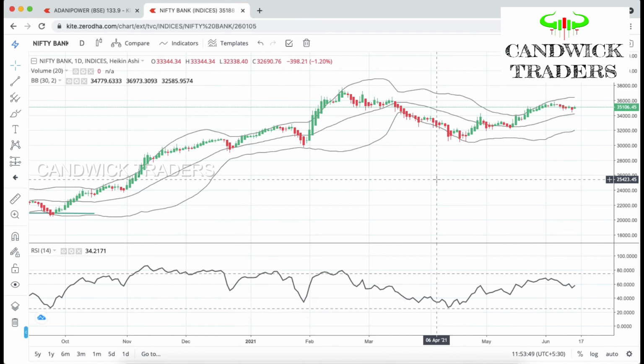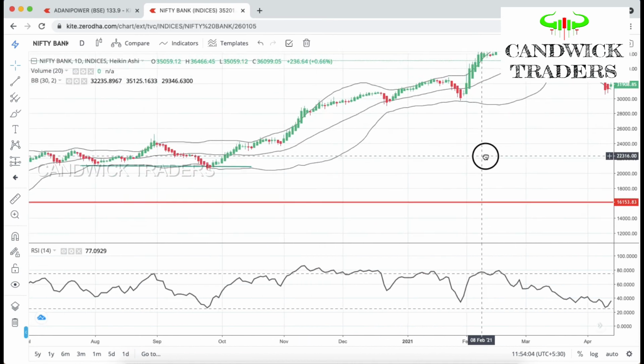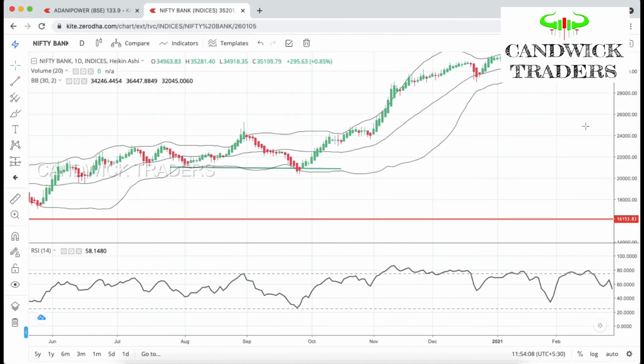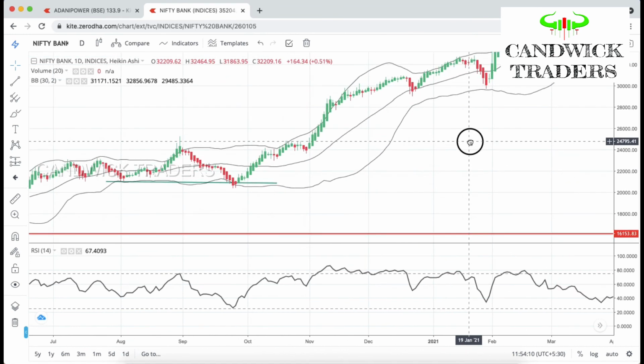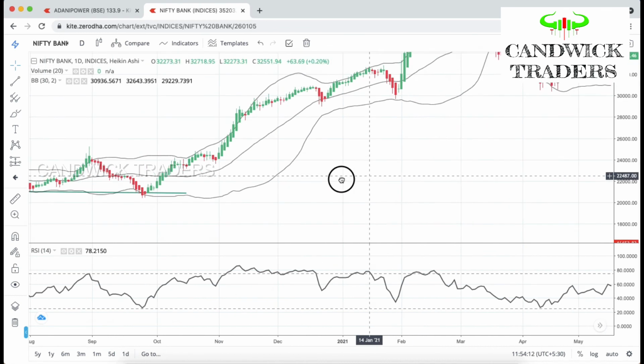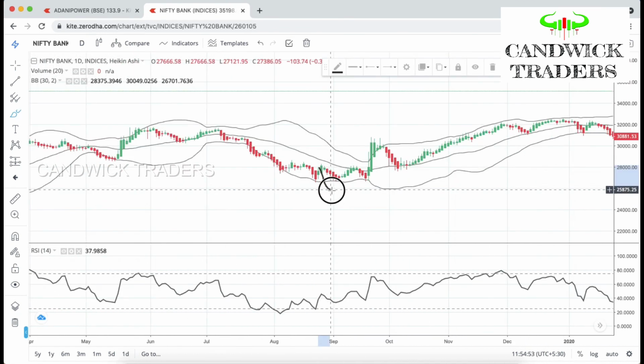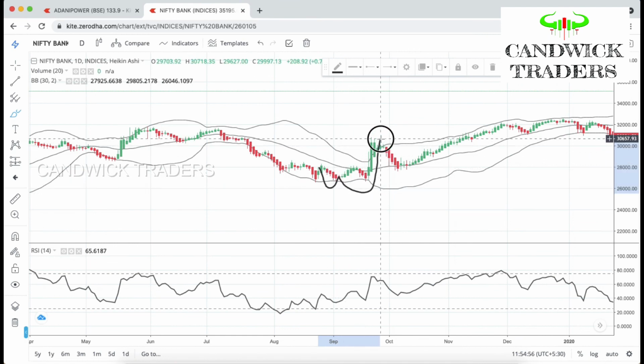Mostly swing traders can use this, with a small stop loss, and we can catch big movements using this strategy. You can identify the W patterns also. The W pattern is the most successful pattern in this setup, actually. If you see any W patterns, you can initiate buy positions.